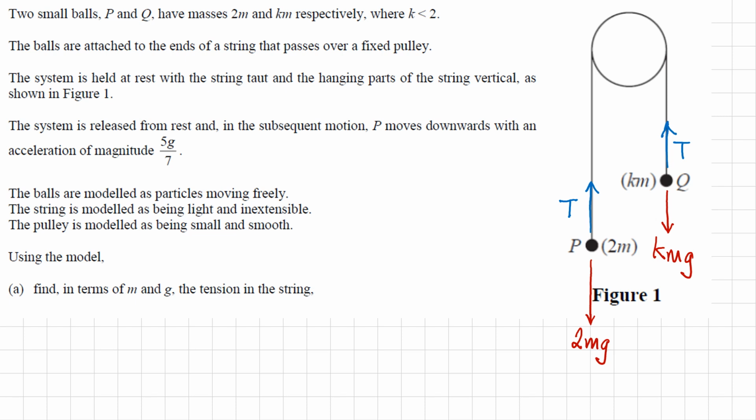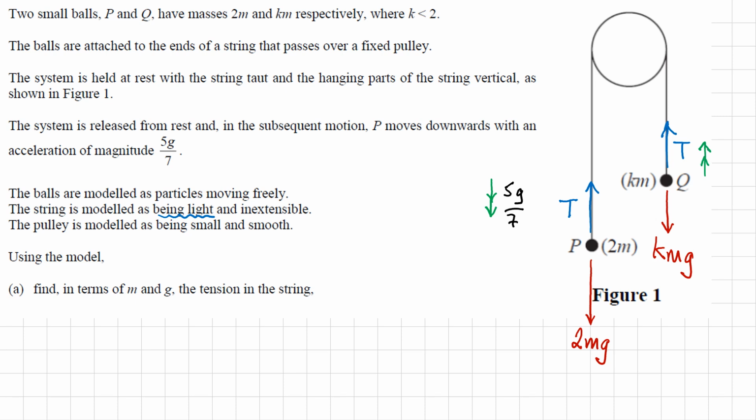Now, the reason I can mark both of these with the same tension is because the string is modelled as being light, which means we're ignoring its mass, and that the tension is going to be constant throughout it. And we're told that once it's released from rest, P moves downwards with an acceleration of magnitude 5g/7. So let's put that in. P is accelerating downwards, 5g/7. That means that Q is going to be moving upwards